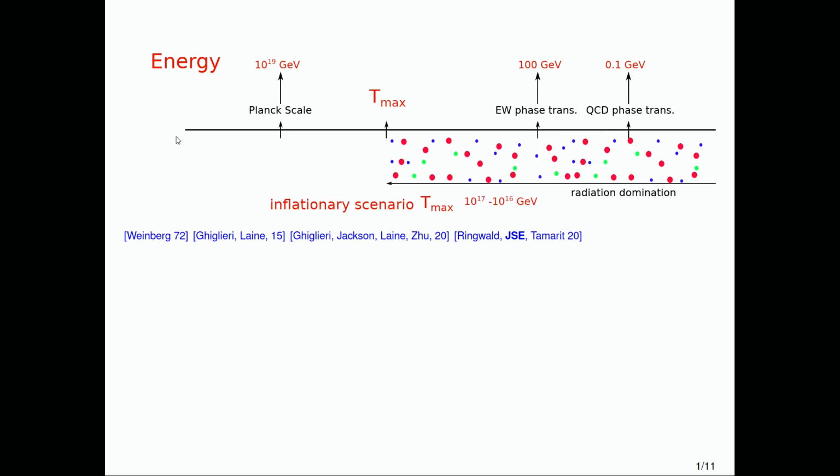So this Tmax is an unknown parameter, so we don't know how large or how small Tmax is. But in inflationary scenarios, this Tmax can go up to 10^17 or 10^16 GeV. If you want to have it at higher temperatures, closer to the Planck scale, you would require non-inflationary scenarios. The lower bound for Tmax is in principle just above BBN, but you can argue that Tmax should be above the electroweak phase transition.